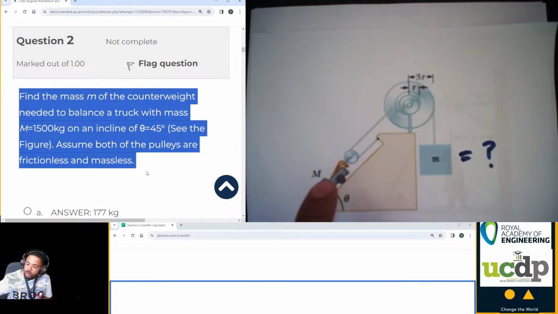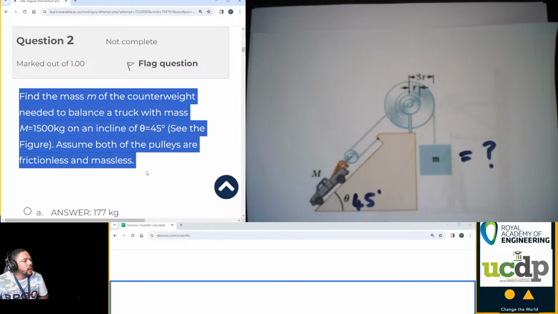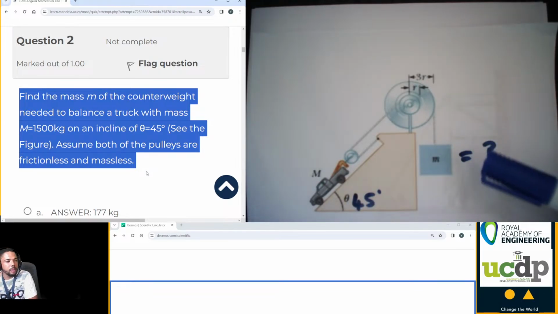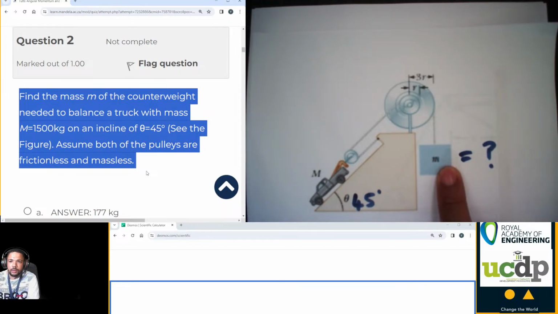The truck has a mass of 1.5 tons, or 1500 kilograms, on an incline of 45 degrees. So let's write 45 degrees in there. And assume both the pulleys are frictionless and massless. So basically we have a mass here, M, and